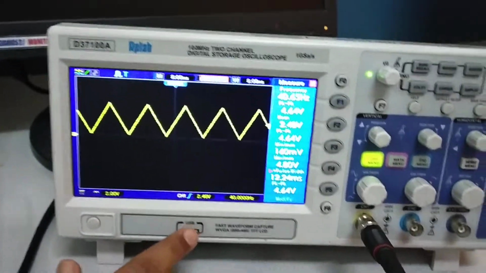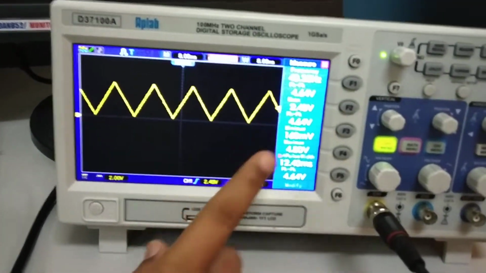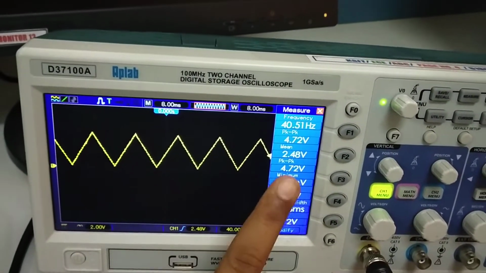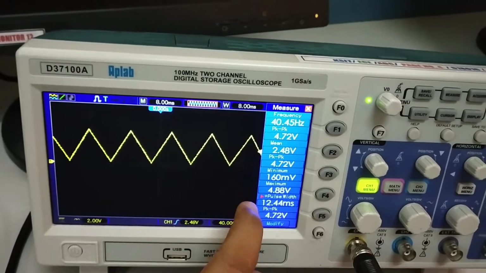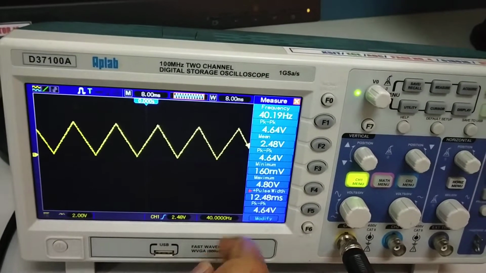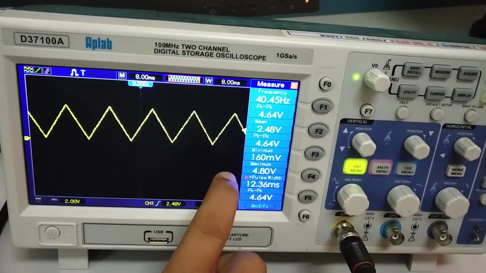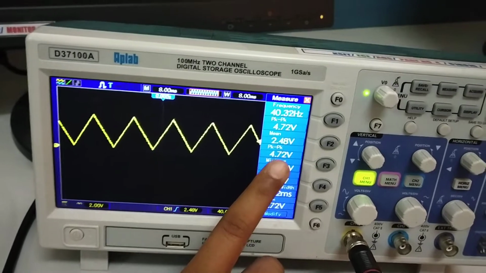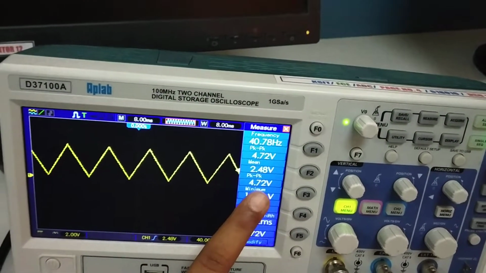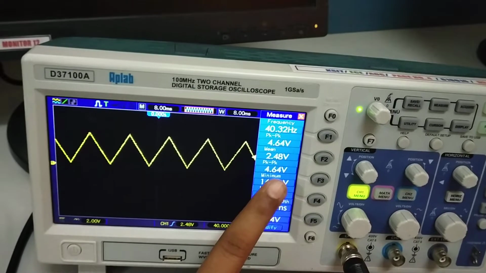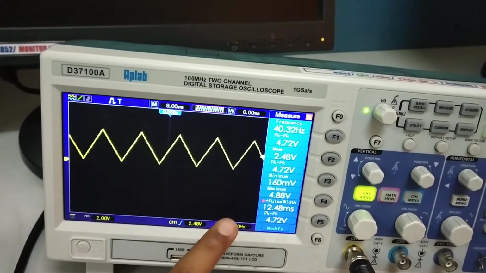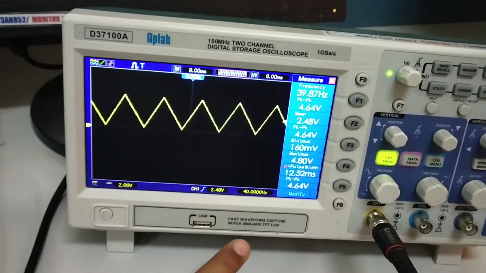Here you can see that the waveform is generated, a triangular waveform, and it is showing 40 Hz as the frequency, but we designed it for 50 Hz. There will be inconsistency because of the delays generated, so it is okay. We designed it for a voltage of 5 volts and it is giving us 4.72, varying between 4.64 and 4.72. So this is okay. This is the triangular wave which we generated out of the program we wrote.